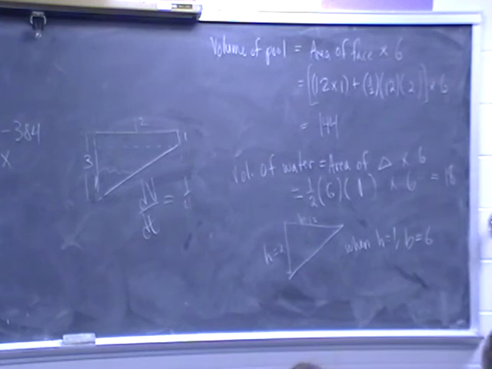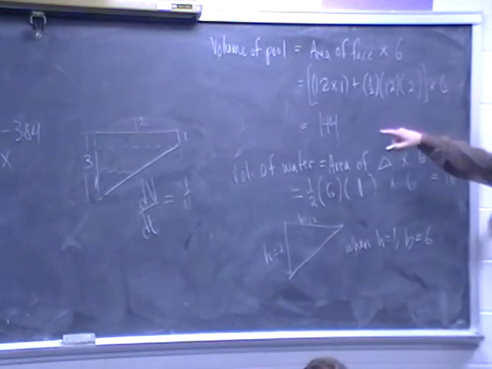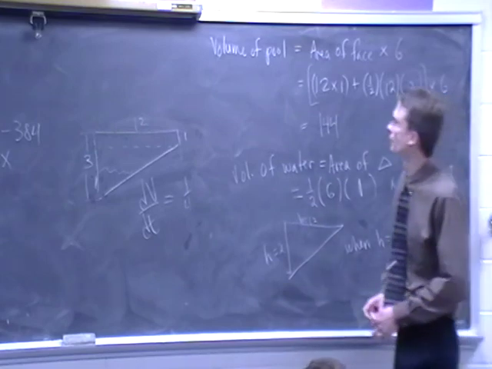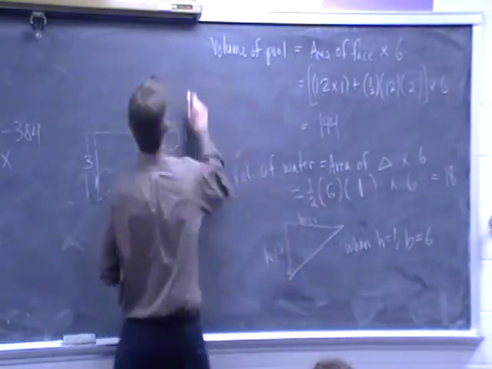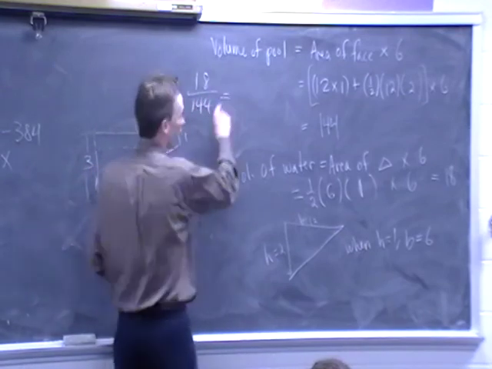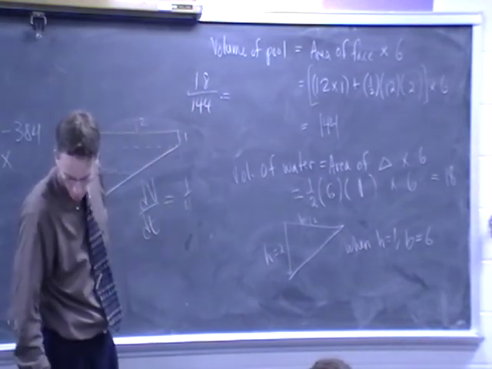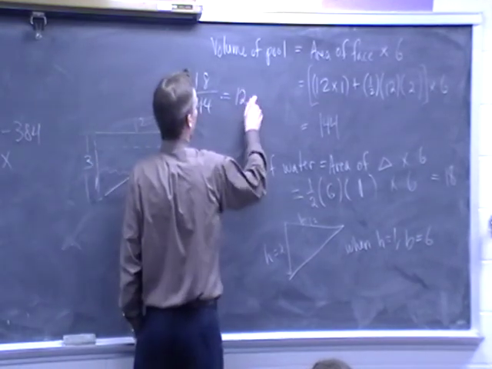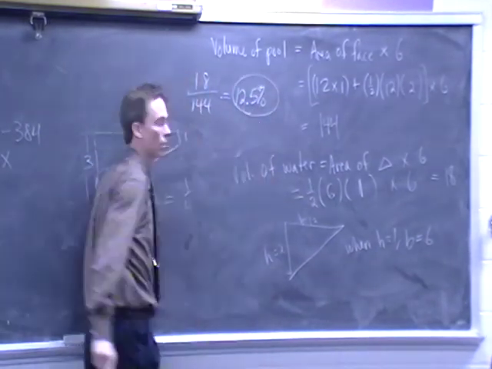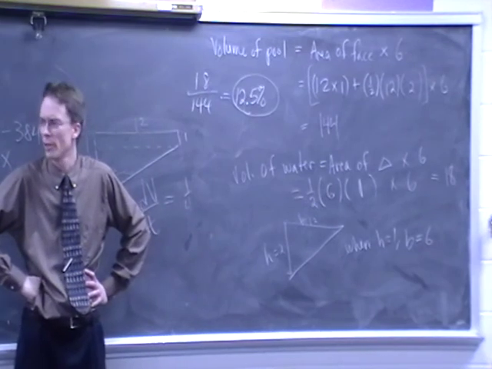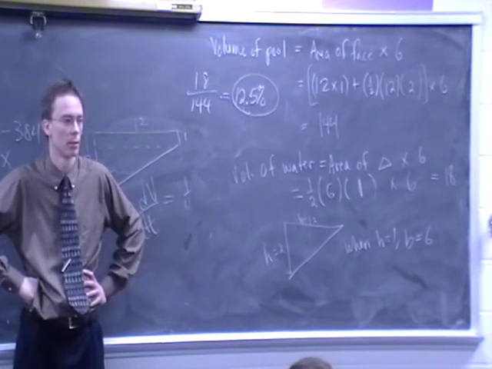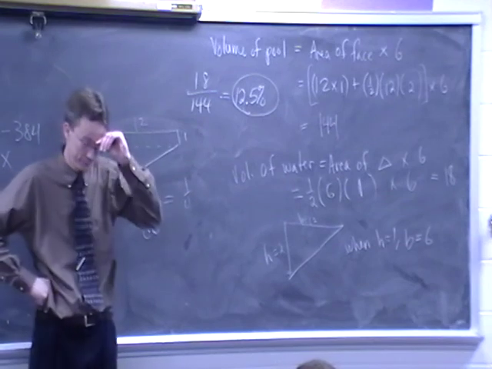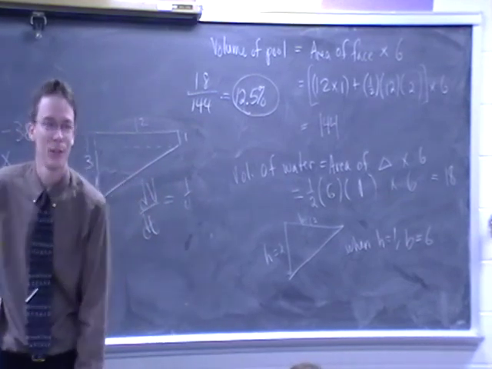So when it asks you what percentage of the pool is filled with water, you do what divided by what? 18. Yeah, there's 18 units of water for 144 total units. So 18 out of 144 is 1/8, so 12.5% then, right? Not too terribly terrible. It's just a little geometry. Let's talk about part